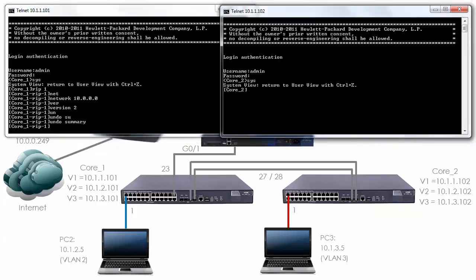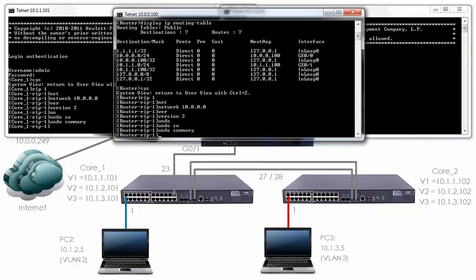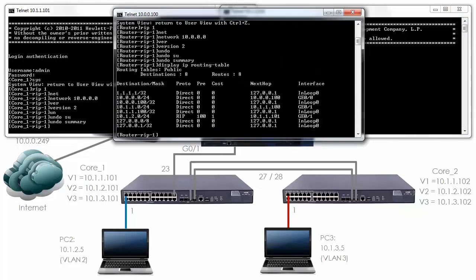On core 2, type system-view, rip and a process number, network 10.0.0.0, version 2, undo summary. So hopefully we'll now have full connectivity in our network. This is the router, so Ctrl+L will allow me to view the routing table. As you can see, we've learnt a RIP route